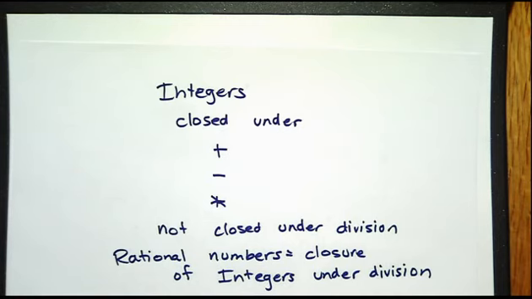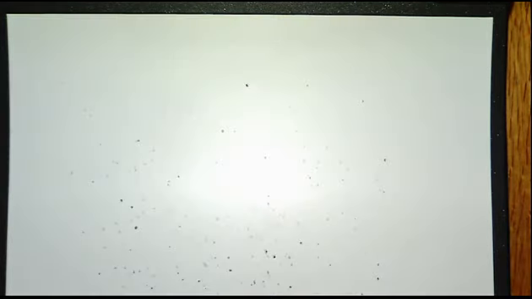Right? So even though both of them are infinite, one's like the square of the other one. Okay, so rationals are the closure of integers under division. So there's a few properties of closures. So the closure will